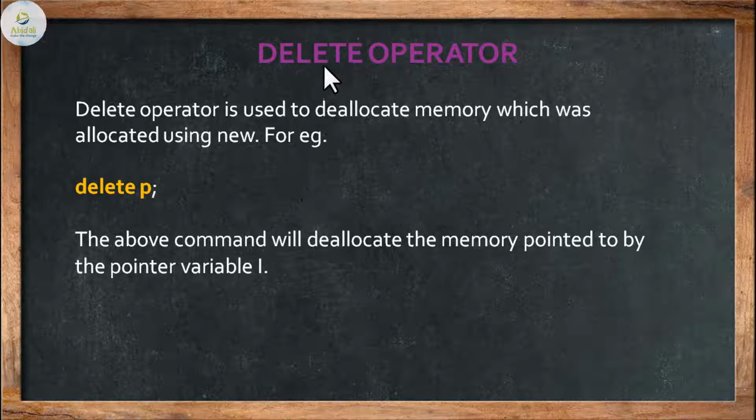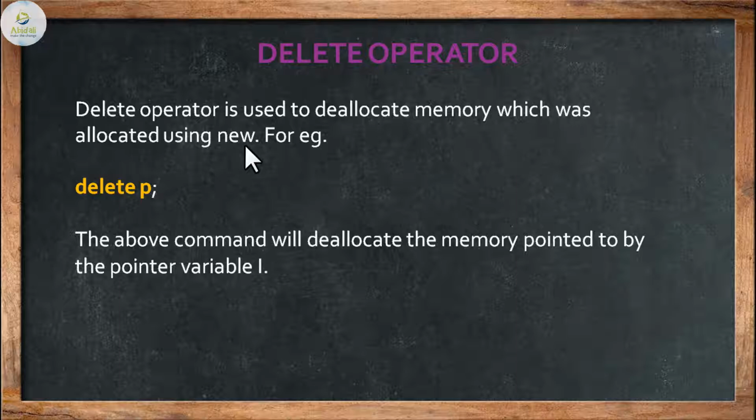Now talking about the delete operator, that is deallocating the memory space. When will this scenario be used? This is used when the operands we are using are out of scope. That means the variables or constants are out of scope. That means they are no more in use, they are no more required. Such variables which are no more required can be deleted with the help of the delete operator. So the delete operator is used to deallocate the memory which has been allocated by the new operator.